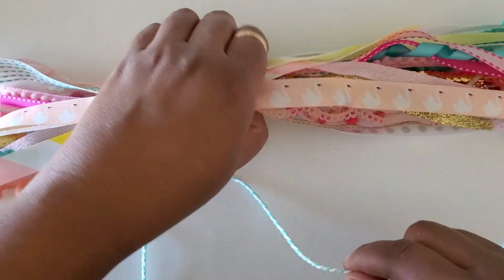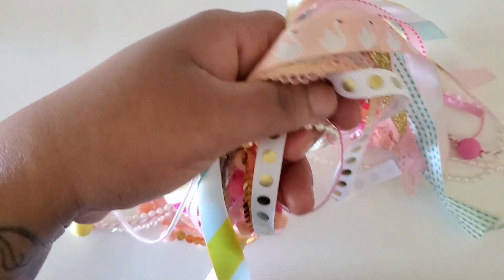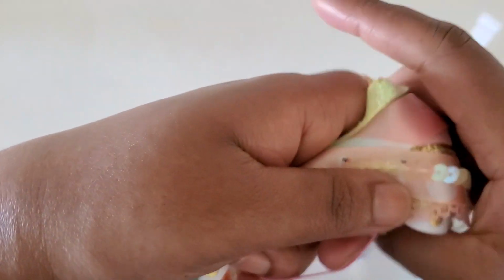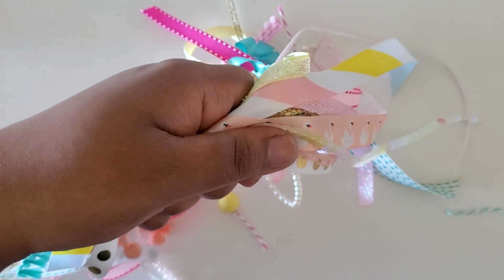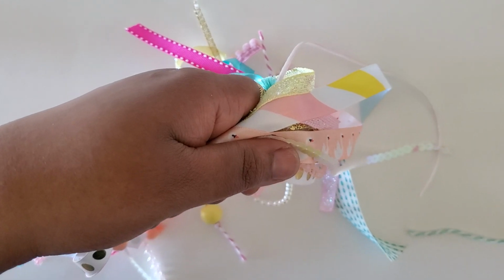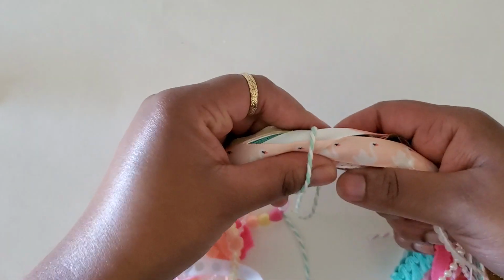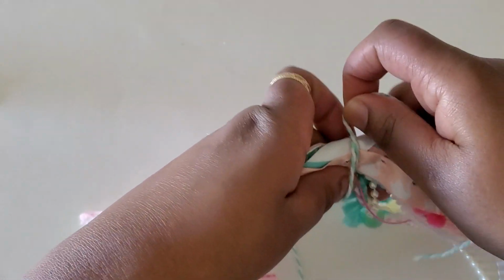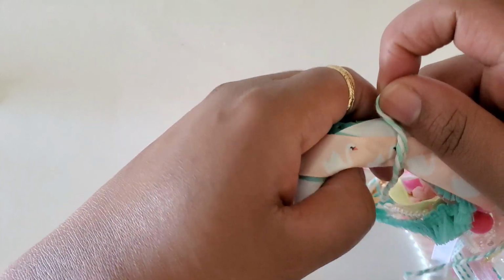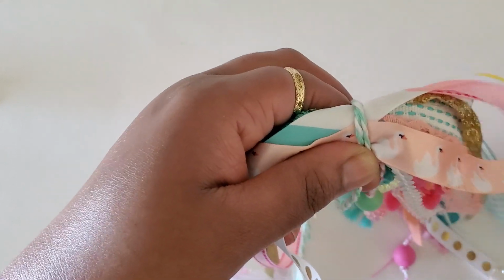Okay, so I'm going to have this towards the top as well, so that it's showing pretty good too. So all we're doing is gathering these. We are gathering them, and I'm going to take my twine and wrap it around. Now, it's important before you make this tight that you take a peek, take a look at your trims,